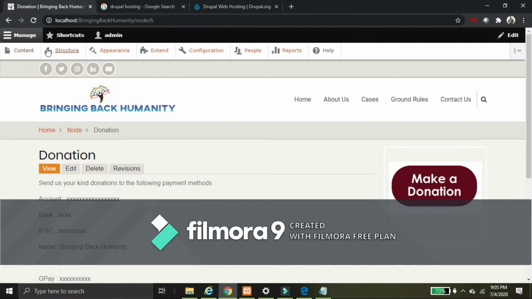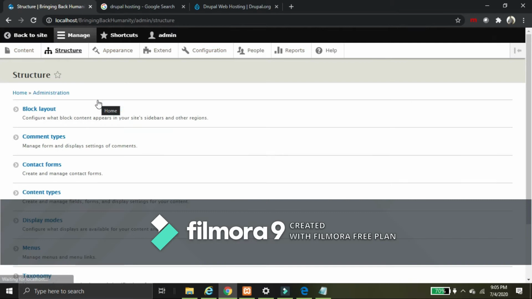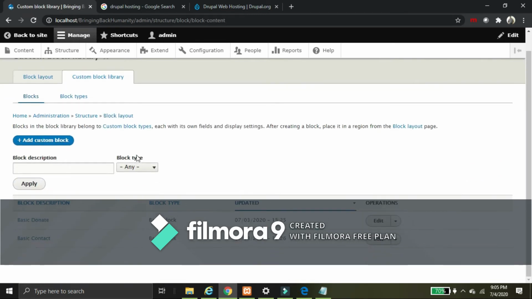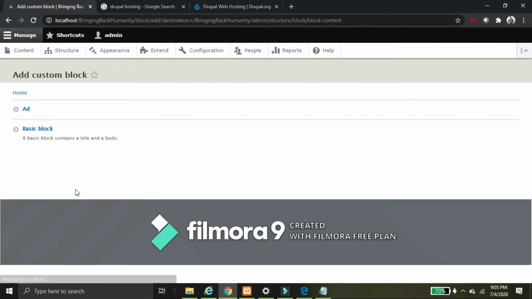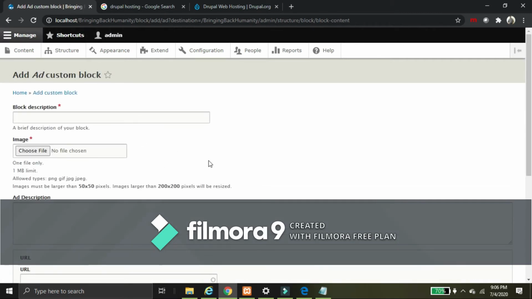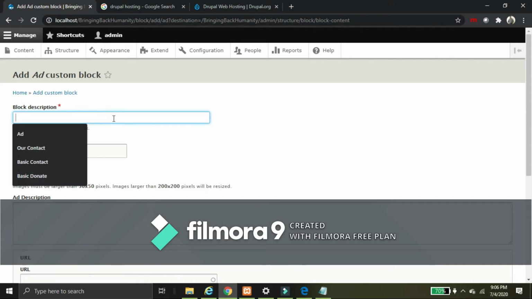Let's go to structure, block layout, custom block library. Here I'm going to add a custom block. Already I have a block called ad. Basically I have put this custom block called ad with the idea that we can post advertisements on our website. So let me give a block description like